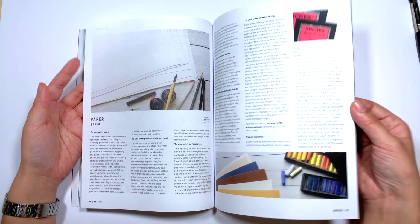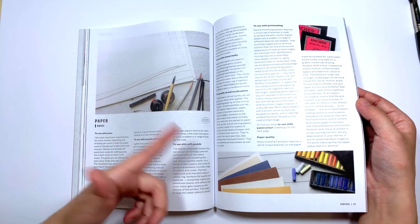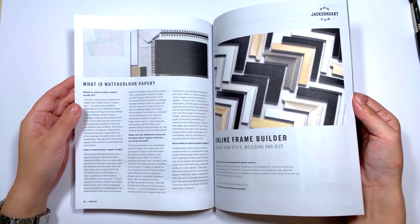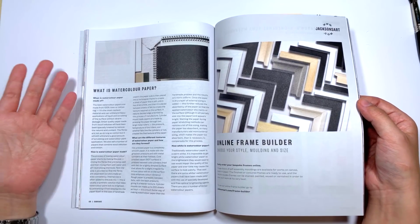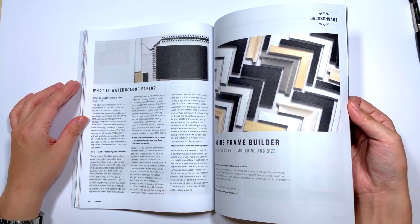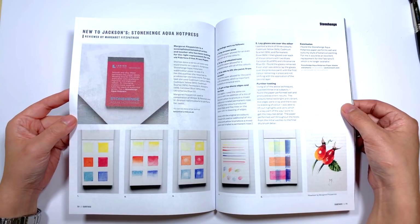And then we go on to paper for lots of different things. What papers are good to use with different mediums, which is always handy to know. And then an article on what watercolor paper is, because a lot of people still wonder what the differences are between the different paper. Then a nice look at the Stonehenge Aqua hot press, which is a paper that I